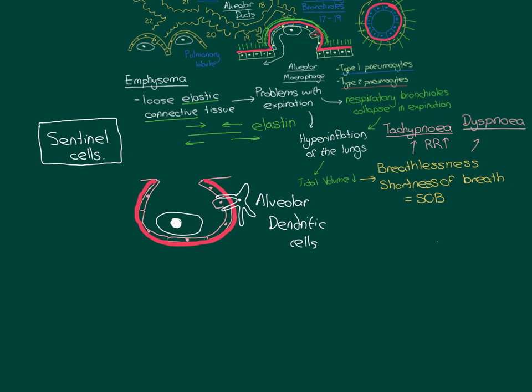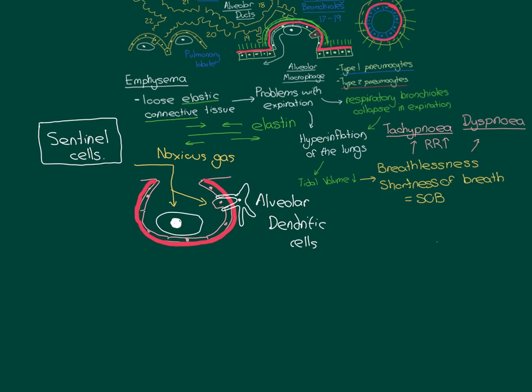So let's just put this in here. So in this sort of mustard yellow colour, we'll have the noxious gas coming in here. So in yellow here, this is representing the inhalation of the noxious gas, and it's coming into this alveolus, and it's going to activate the sentinel cells in ways that aren't fully understood. We don't know how these noxious gases activate the sentinel cells, but we can understand why they're going to activate the sentinel cells. This gas is full of poison. It makes sense, therefore, for the sentinel cells to respond to it, even if we don't understand the intracellular signalling that might underlie them being activated.